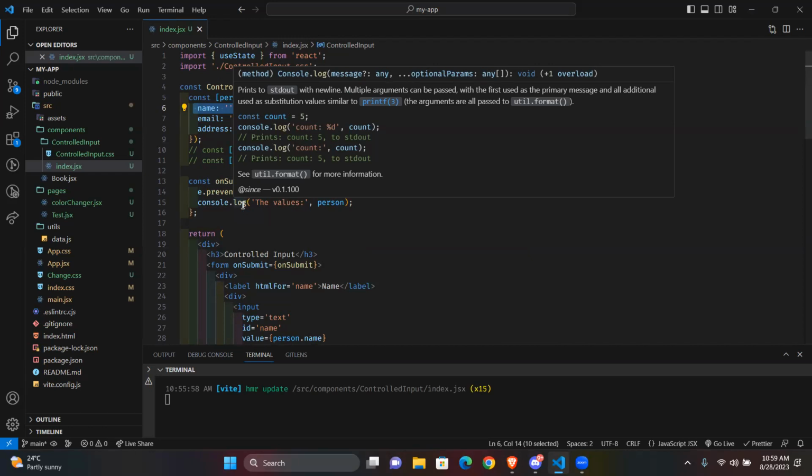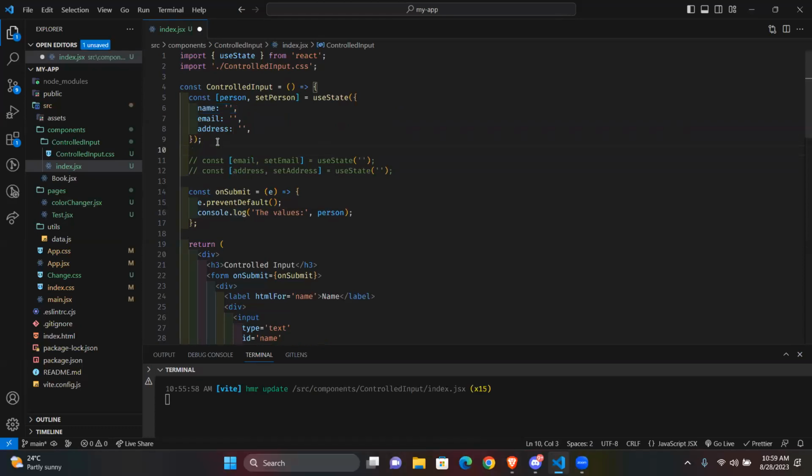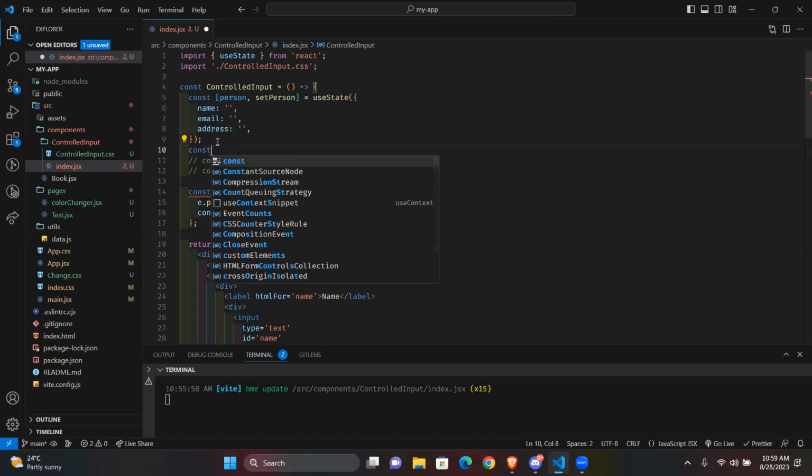So that is for getting the values. But then let's say, for instance, I want to update. So if I do this, let's say I want to update, like, let's say I have like a people, like I'm creating, so this is a single person and I want like people const